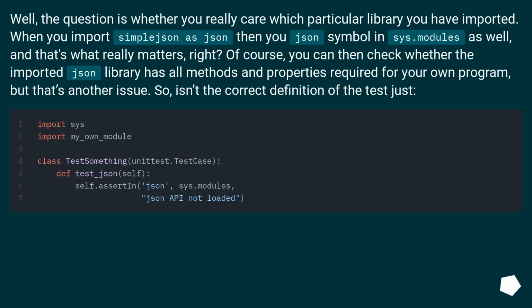Well, the question is whether you really care which particular library you have imported. When you import simpleton as JSON, then you have the JSON symbol in sys.modules as well, and that's what really matters, right? Of course, you can then check whether the imported JSON library has all methods and properties required for your own program, but that's another issue. So, isn't the correct definition of the test just